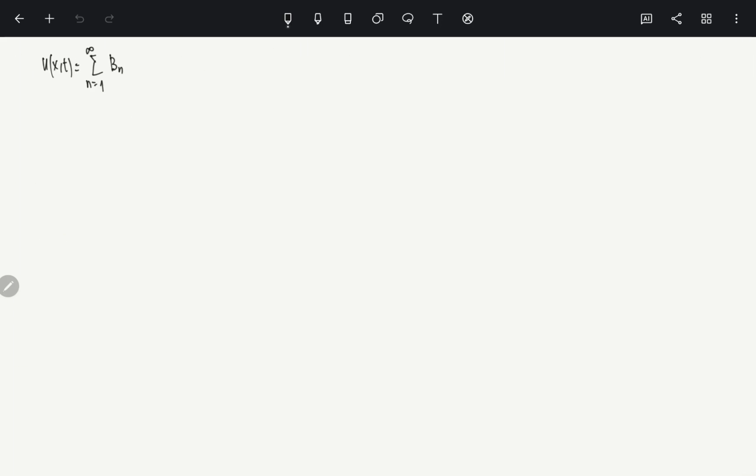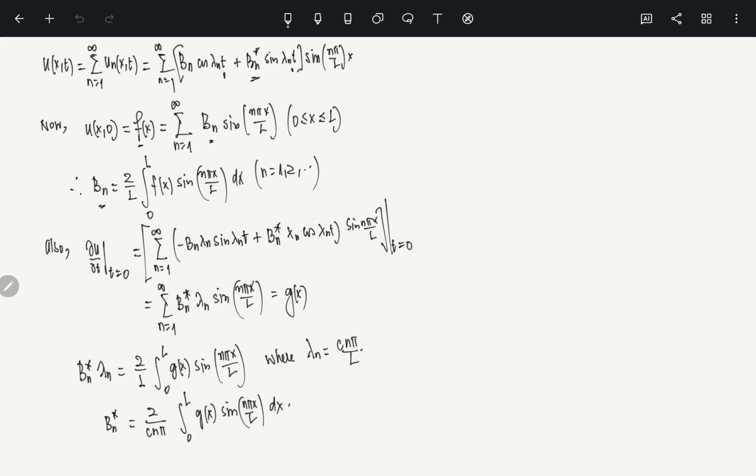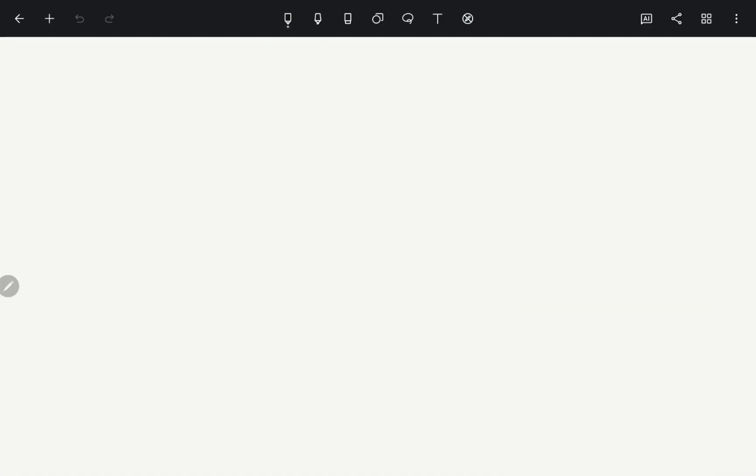For simplicity, of course, if g is given, you can put everything together and you get a solution. That is not a problem. But for simplicity, we start by considering that the initial velocity is also identically 0. So consider that